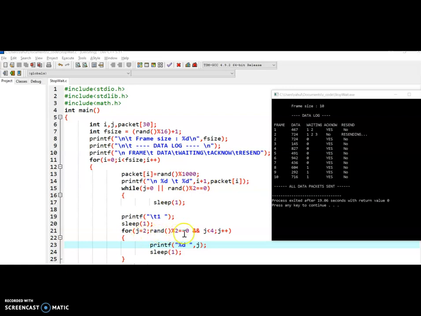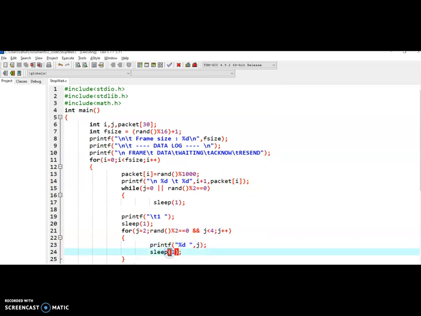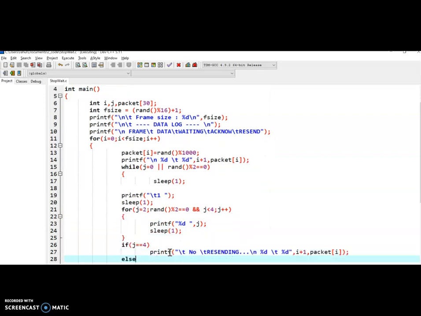We have to resend the data, right? For example, if you go inside, it means already half of the packets are sent to this loop. Next, again we are giving some probability here: random mod 2 means again a 50% probability of entering into 2 and 3. Again we are giving the probability for entering into the 4th level also.